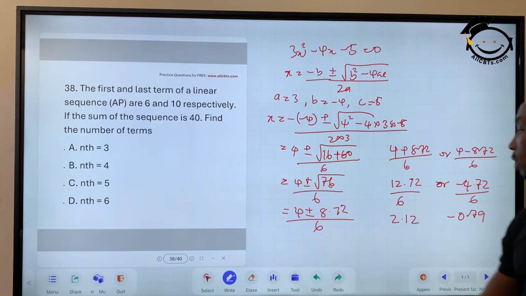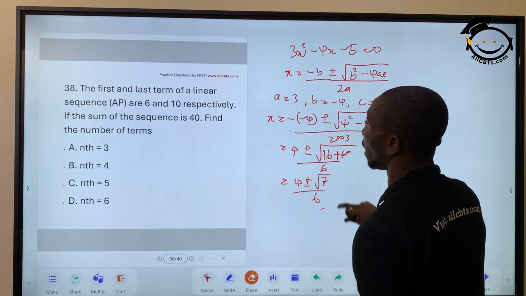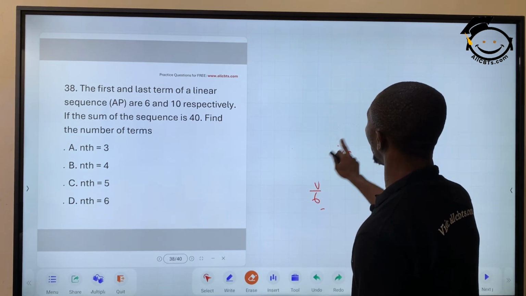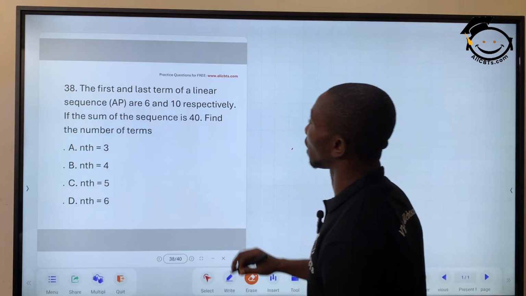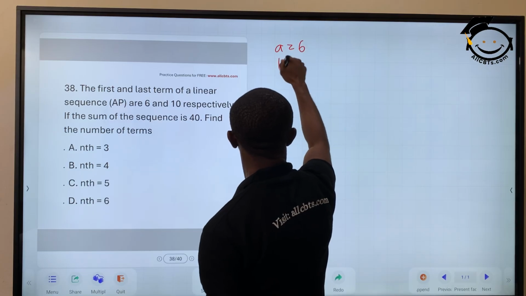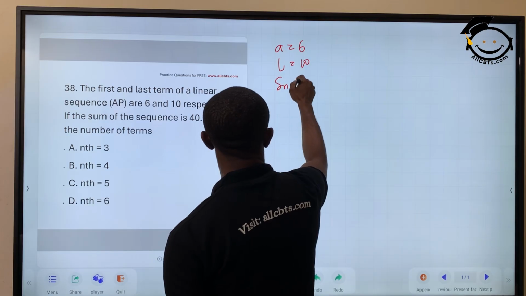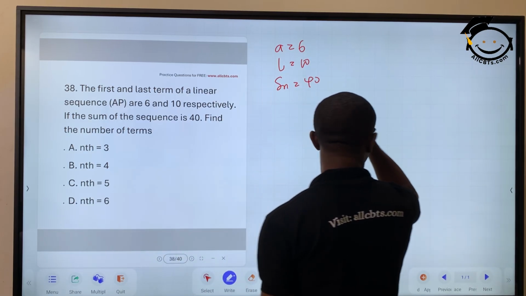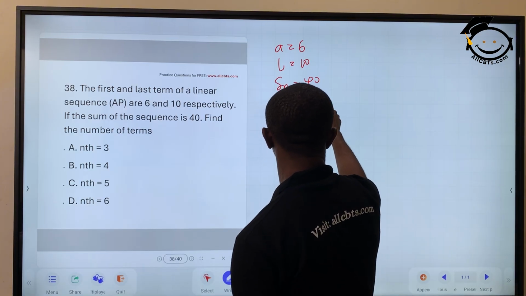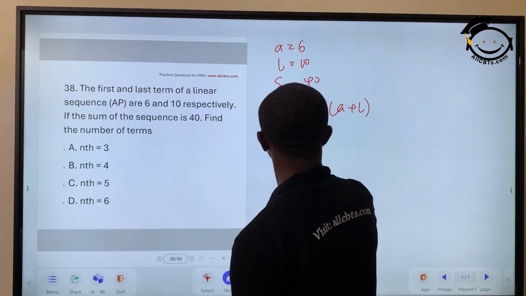Okay, to the next question, it says the first term and the last term of a linear sequence are given as 6 and 10 respectively. Alright, our first term a is 6, our last term is 10. It says if the sum of the sequence is 40, now we should find the number of terms. So we know that our sum of sequence can be used as n over 2 bracket a plus l. Alright, so this gives us 40